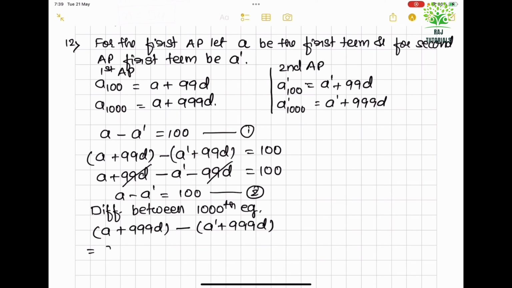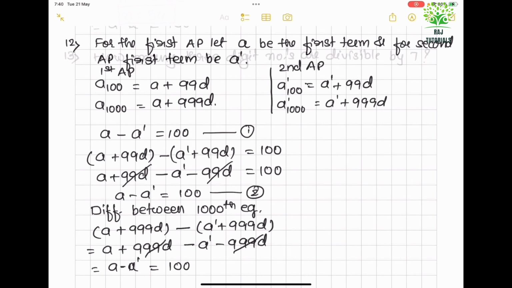So that will be equal to a plus 999d minus a dash minus 999d. So again this got cancelled, so a minus a dash, so that will be equal to 100. So difference between their 1000th term will be